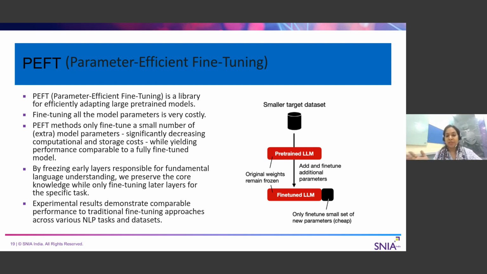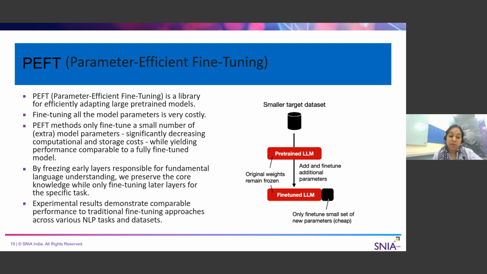The pre-trained LLMs have knowledge of everything. It's like a generic thing. Now we want to add something specific. Now, if we don't freeze the original weights and train only for the ones we need, there will be catastrophic forgetting. It will start hallucinating. It will lose context of what it was supposed to do in the beginning. It will lose all the context of what it had gained before, and will now only focus on this domain-specific task. We don't want that to happen.